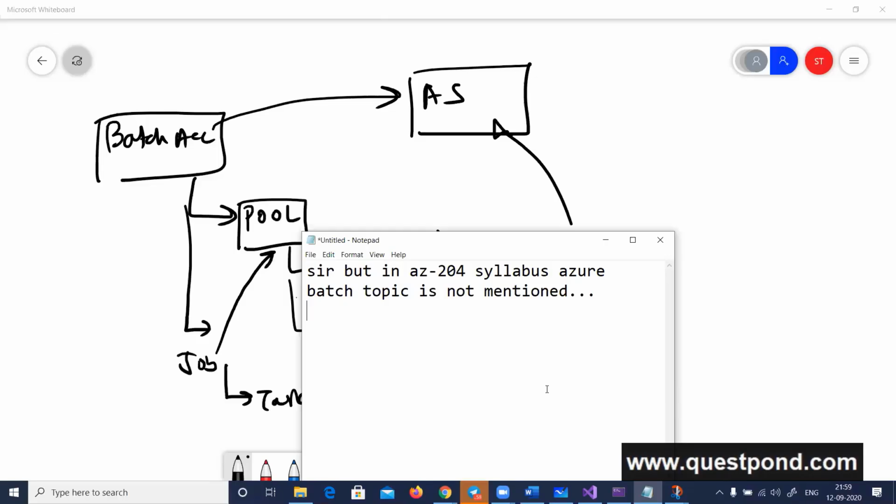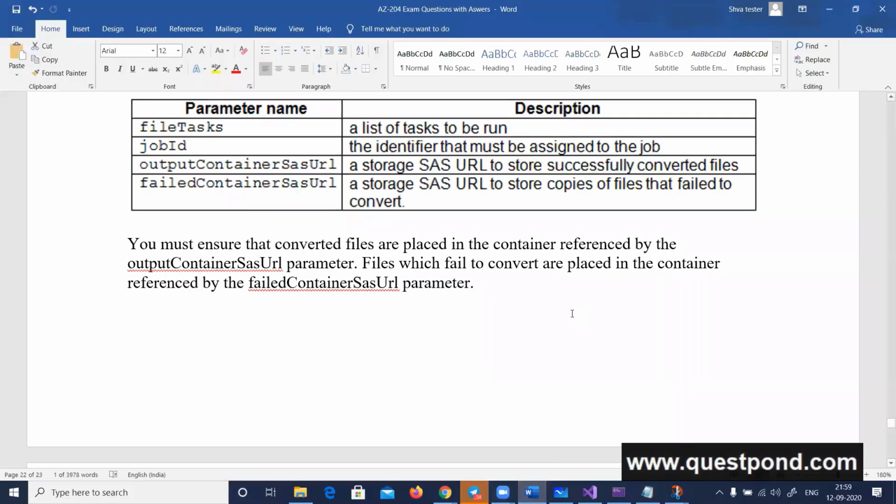Some of the questions of AZ-203 are still relevant in 204. So one of our friends who had recently gone for the exam got an Azure Batch question. I was very surprised that he had got an Azure Batch question. Very quickly, guys, I just want to make sure that everybody, we are on the same page, if you are preparing for the exam,